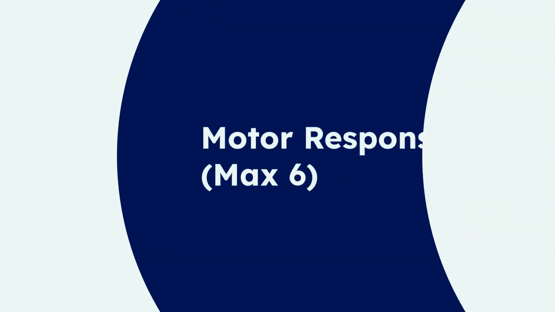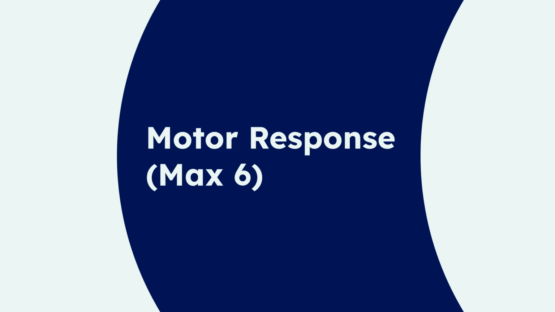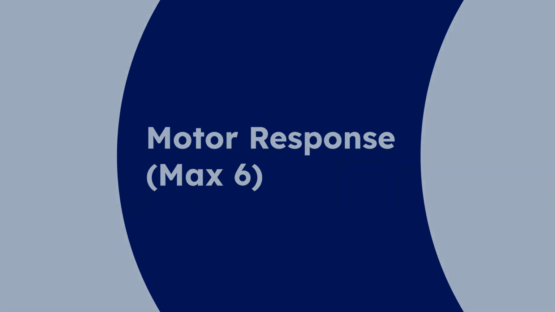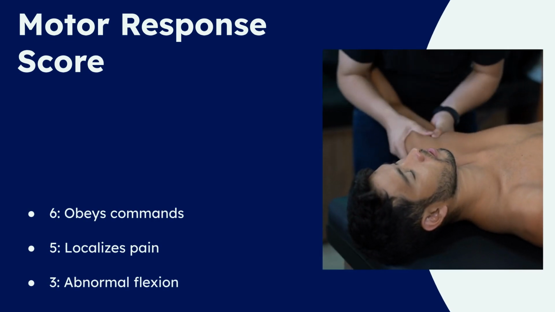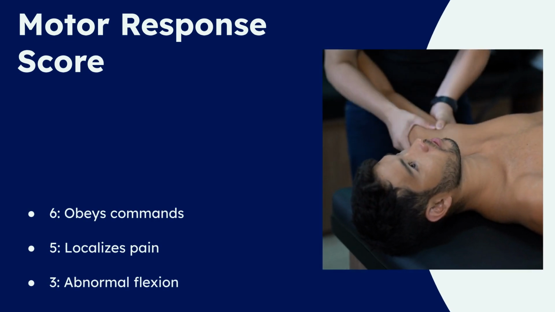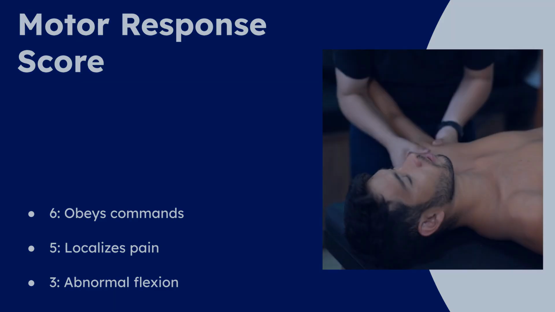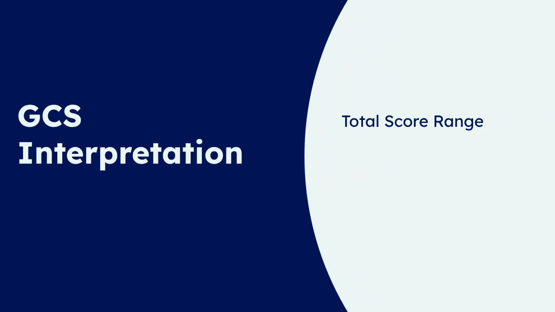The third and highest scoring component is motor response, with a maximum of 6 points. Scores range from 6 for obeying commands, 5 for localizing pain, down to 3 for abnormal flexion, and 2 for extension posturing. All three scores are summed to calculate the total GCS score, which quickly indicates the severity of the